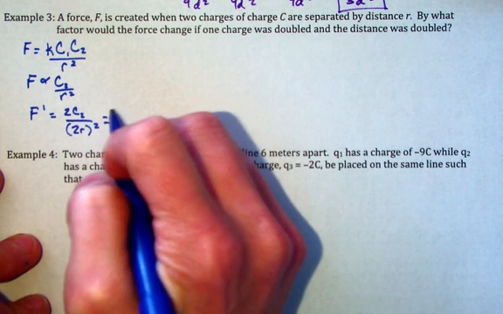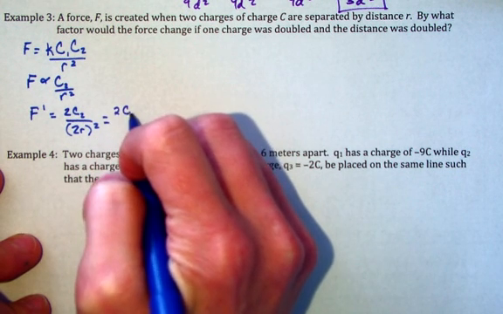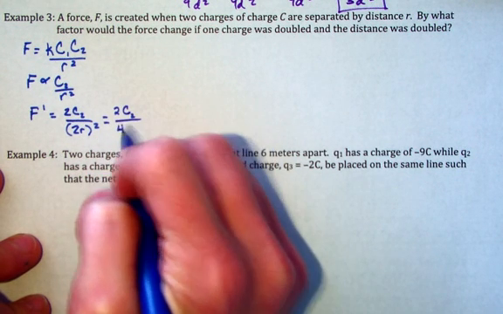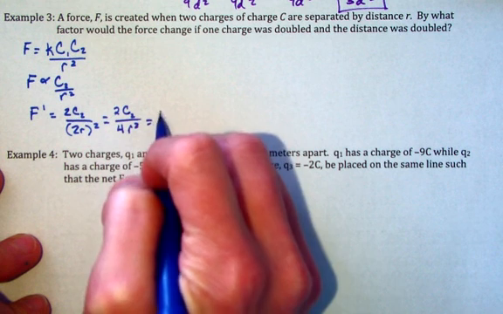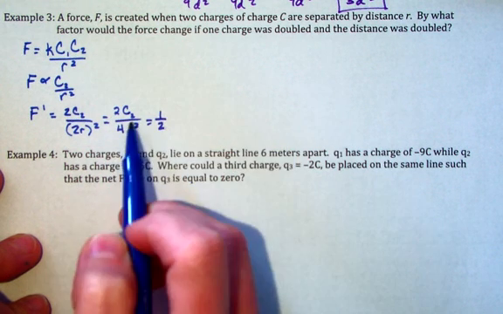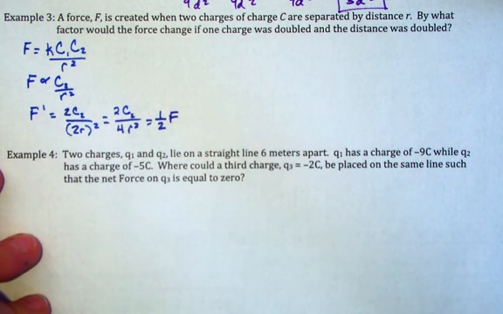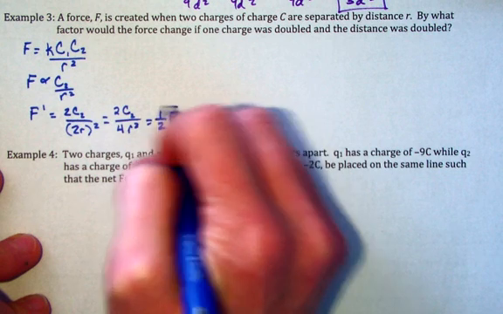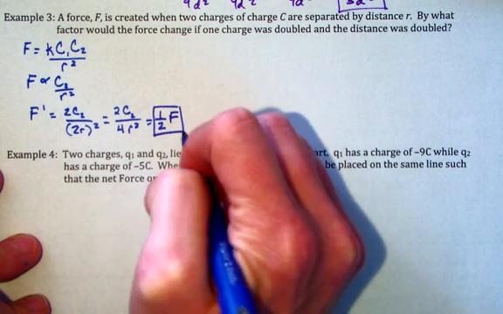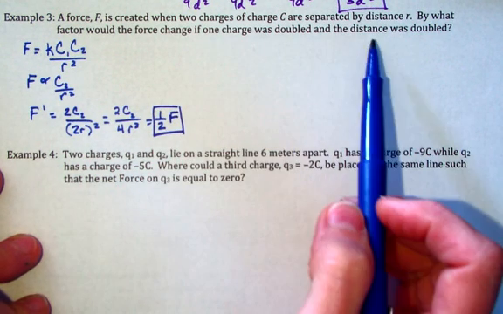So then I get 2C2 over 4r squared, which is 1/2, but C over r squared is my original force representative. So my answer is it's going to be half as much force